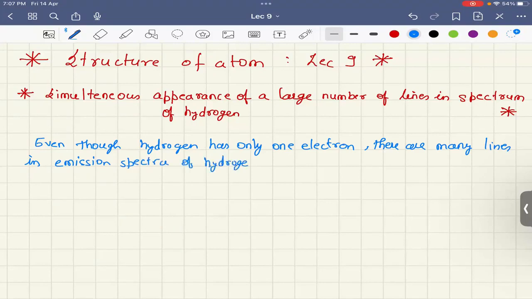So this was the question: why? In fact, any sample of hydrogen